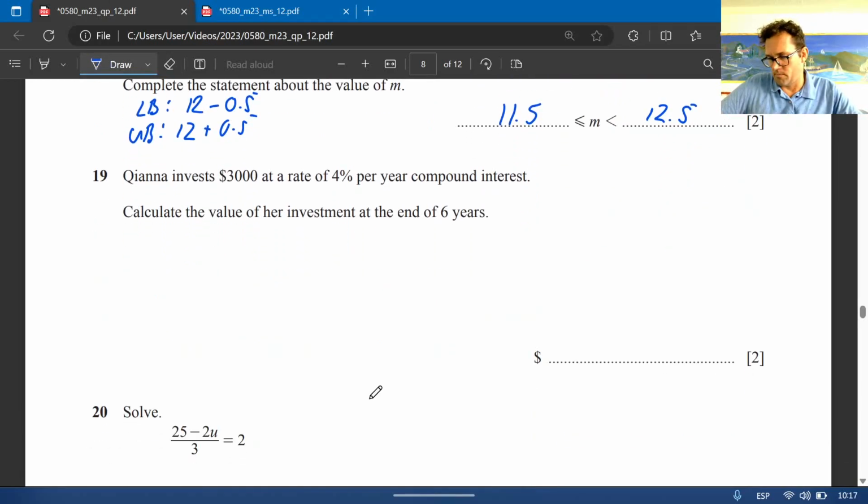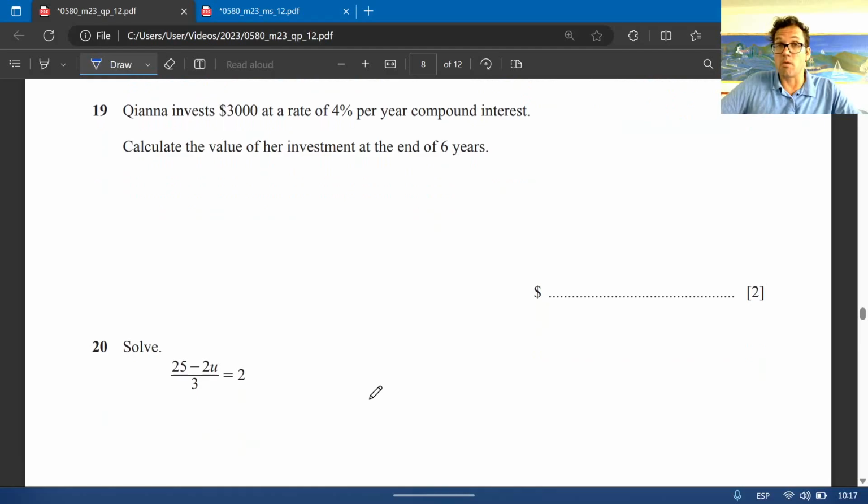Kiana invests $3,000 at a rate of 4% compound interest. Calculate the value of the investment at the end of 6 years. There's a long way to do it, and there's the formula. The formula for compound interest, of course, is the amount